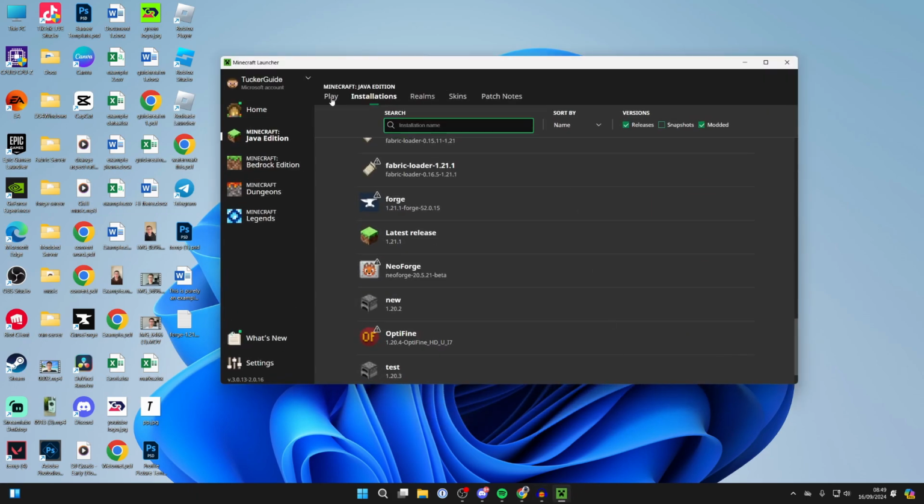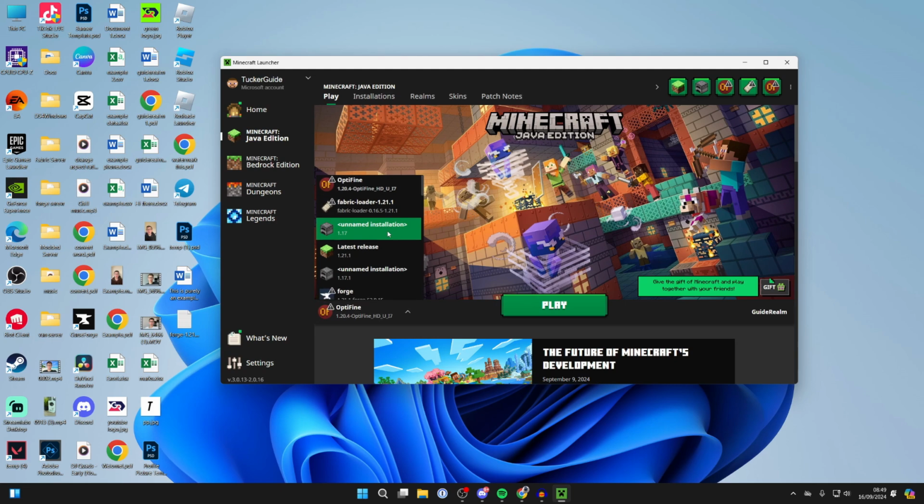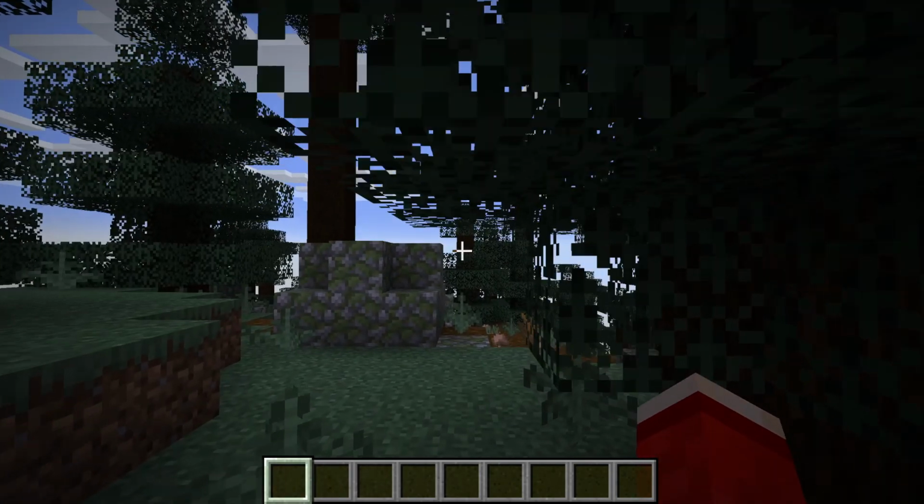After you've done that, close the folder and come back to the launcher. Come to the left of play, and then what you can do is go and find Forge and click on play and press play again, and it should launch. And you can then get into a world and